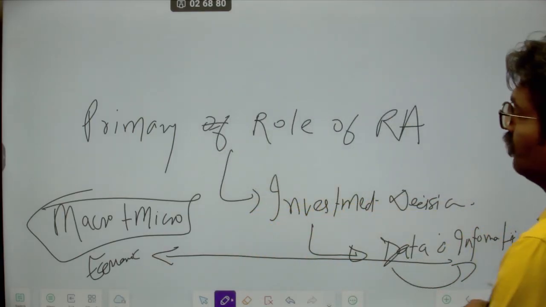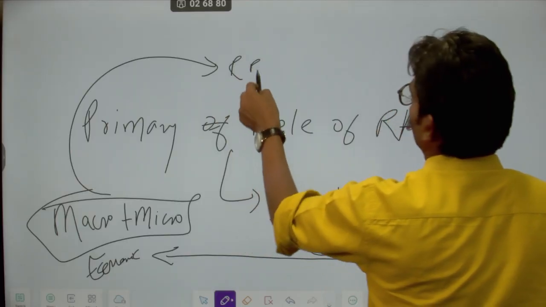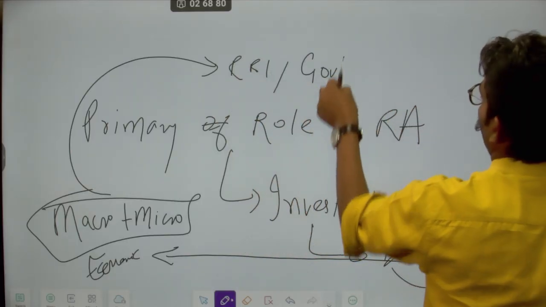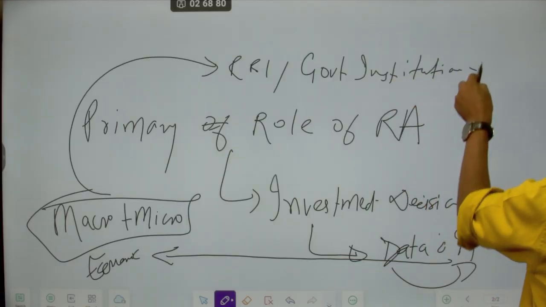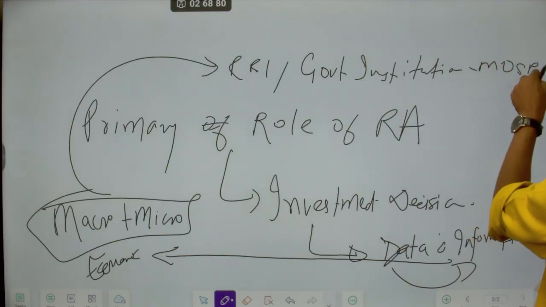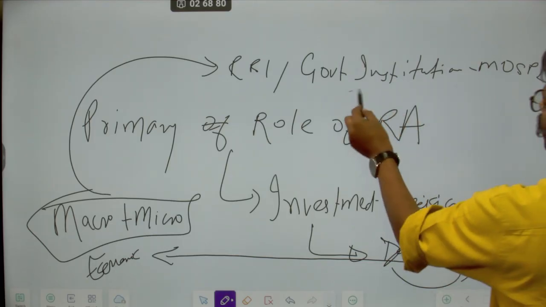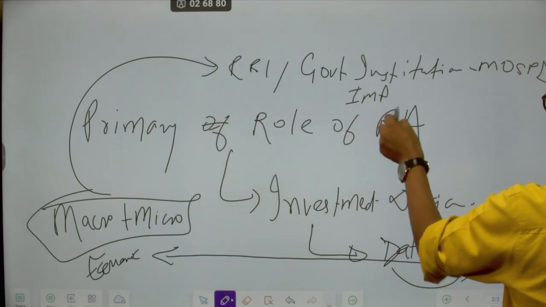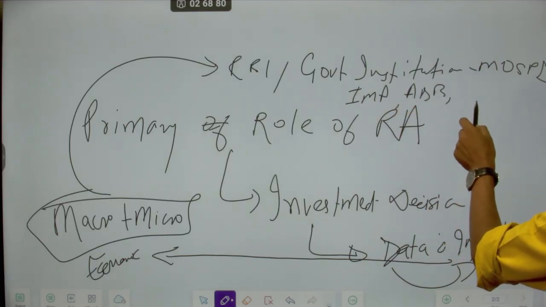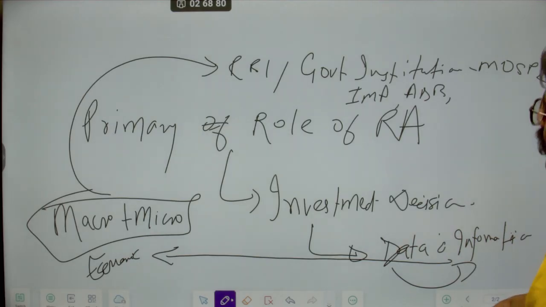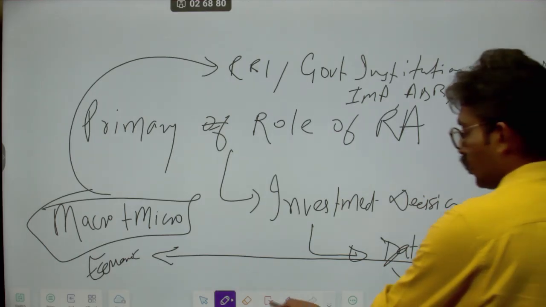And this could come from various data sites. One could be RBI, or there could be various government institutions, है ना. Like एक MOSPI होता है, Ministry of Statistics and Planning होता है. Then it could come from IMF. It can come from Asian Development Bank. It could come from Global Development Financial, like UN and all. It can come from various sources, or it could also come from